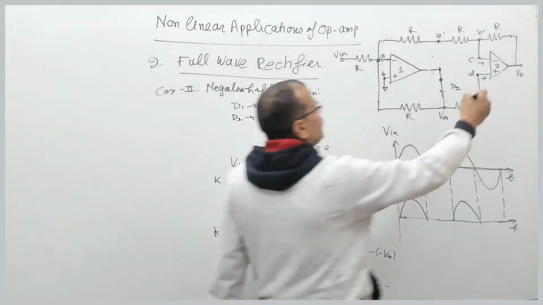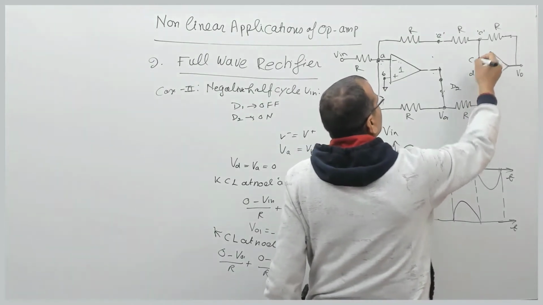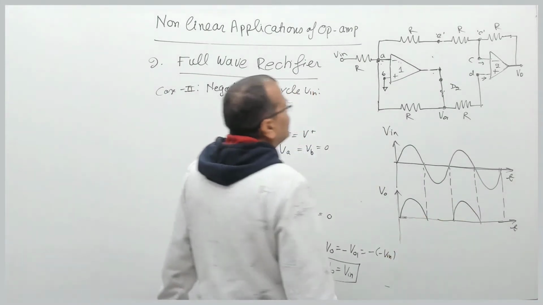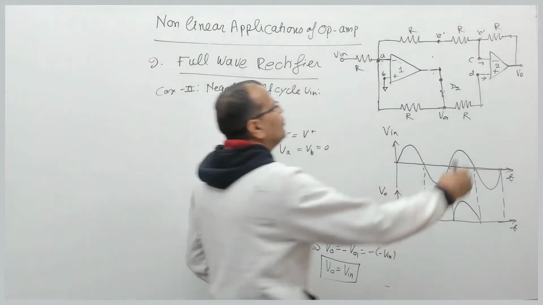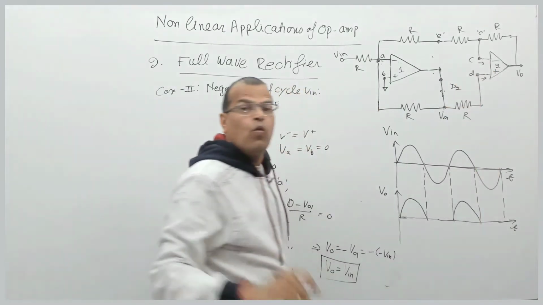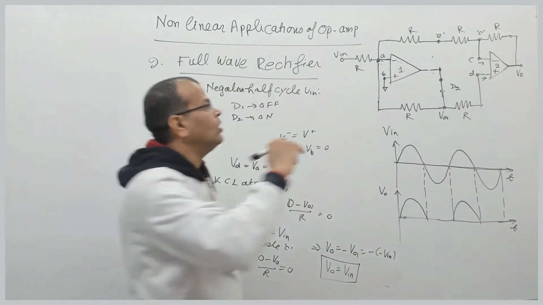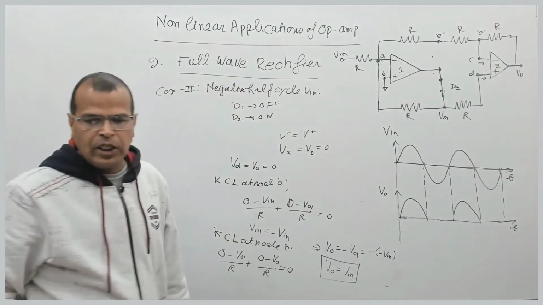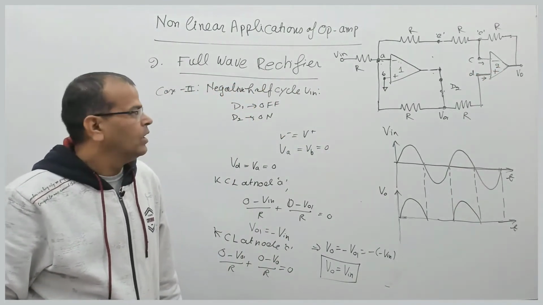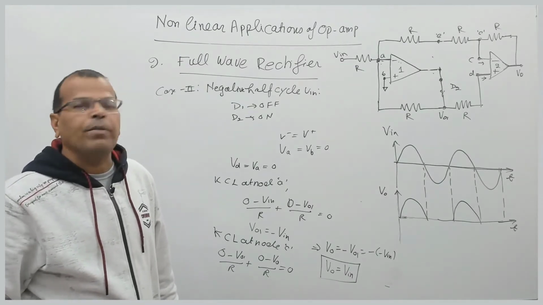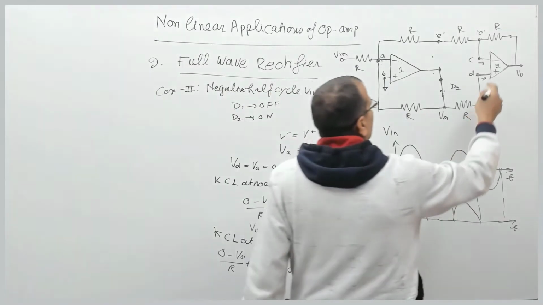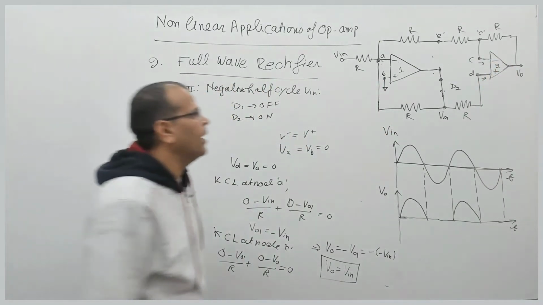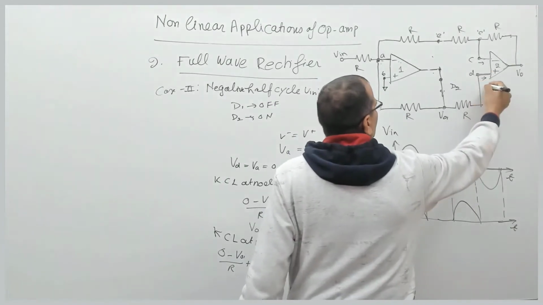Now, what will be the voltage at node D? We don't know, right? There will be some voltage at node D. So definitely that voltage will be equal to V01. Why? Because for an ideal op-amp, the current entering into the inverting terminal is 0, right? So whatever the voltage is here, VD will be equal to